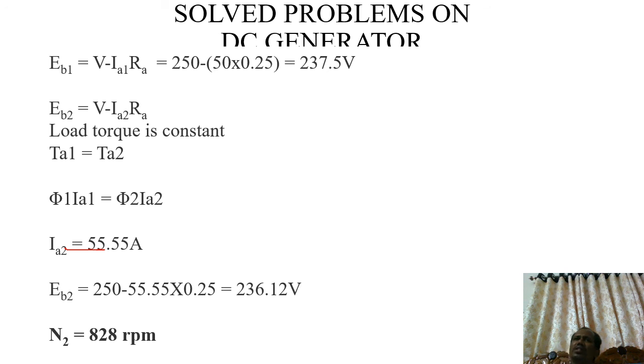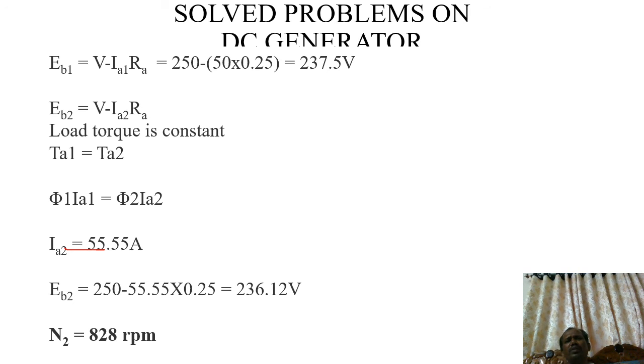Right? Same for the short shunt. Only the shunt field winding is connected across the armature, and the series field winding is connected in series with the parallel combination of these two. We observe this in the case of the short shunt compound generator. Once you know how to draw the circuit diagram and their equations, including the EMF equation, all of you can solve problems easily.